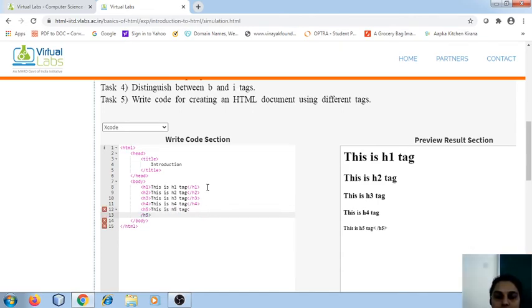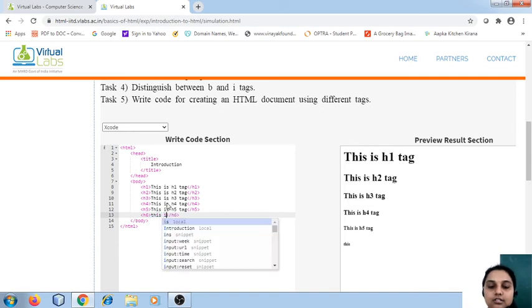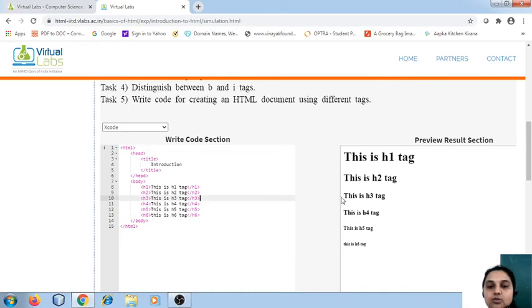Okay. You can observe the result changing over here in the preview result section. Coming to H6. This is H6 tag. So I have used all the 6 tags, so you will find the output over here. As I write the code, the output is being displayed in the preview result section. You can find how the headings change from H1 to H6.